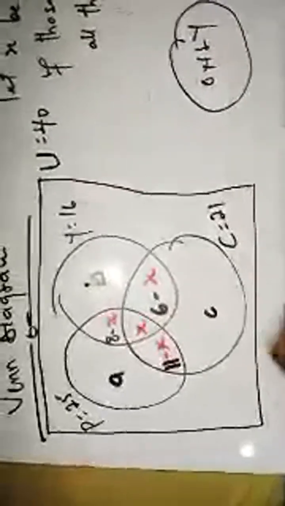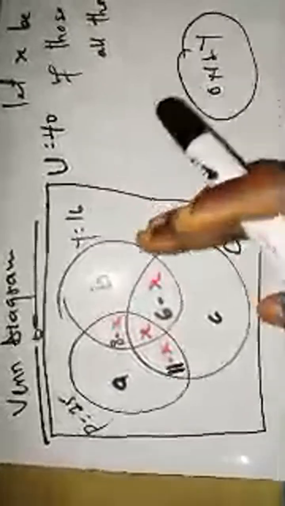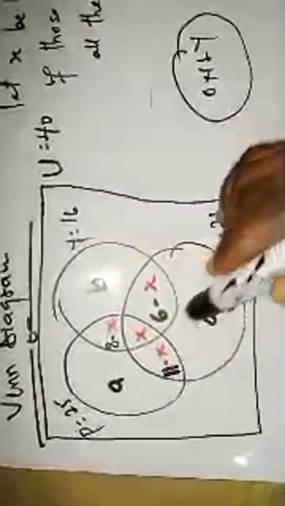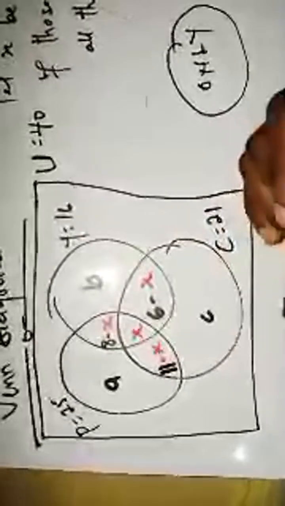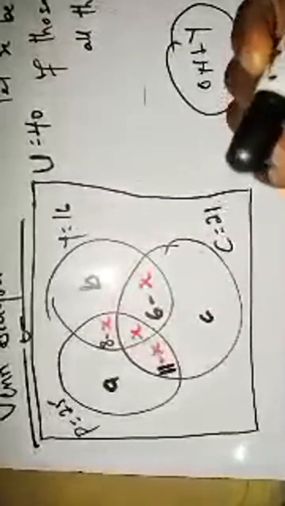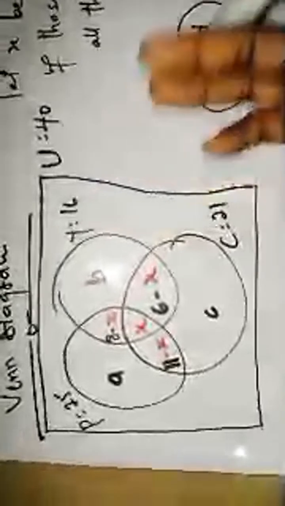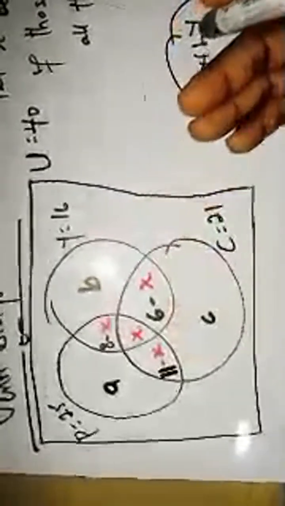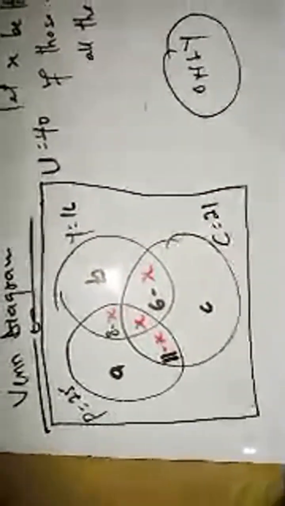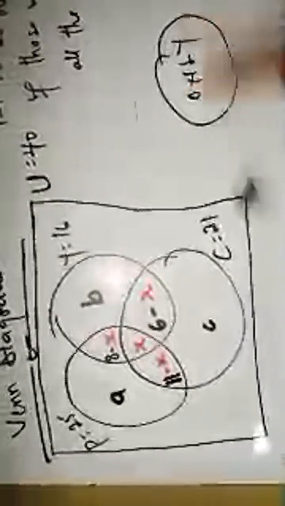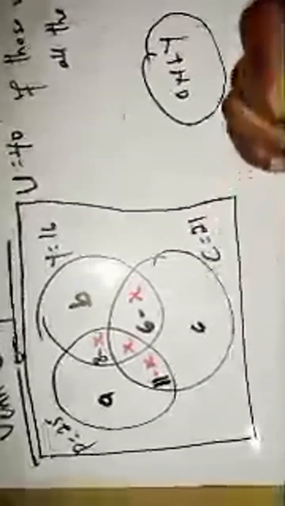Now, one thing you have to pay attention to is that you cannot leave any room empty, right? If this portion is not given, we use a variable to represent it, and that's what mathematicians do. We normally use letters to represent something that we don't know. That is the whole concept behind mathematics. You use letters to represent something that you don't know, right? Since we don't know these people, we are using letters to represent them,